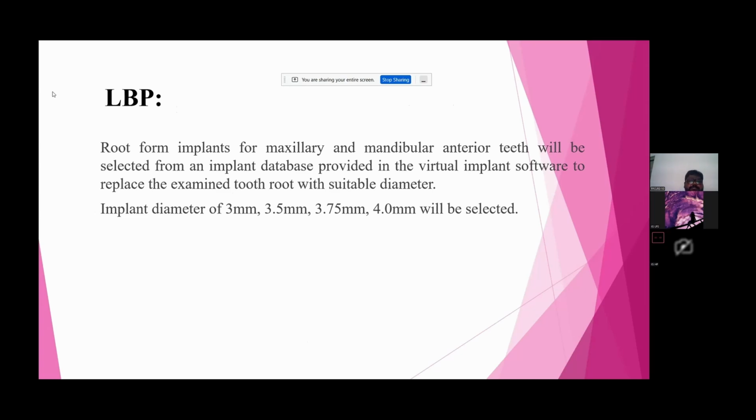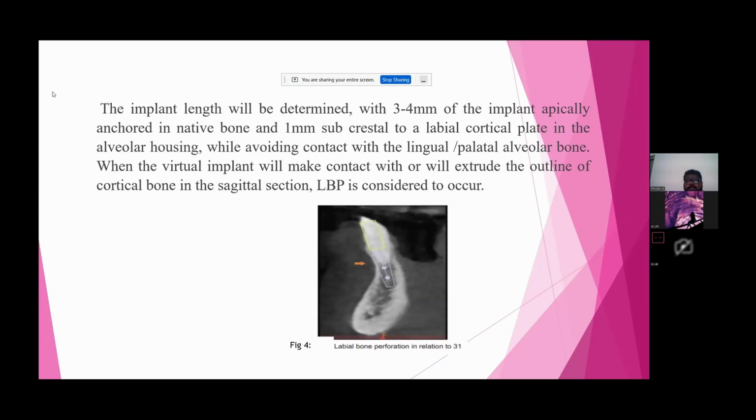the mandibular. The implant length will be determined with 3 to 4 mm of implant apically anchored in native bone and 1 mm subcrestal to the labial cortical plate in the alveolar housing, while avoiding contact with the lingual alveolar bone. When the virtual implant makes contact with or extrudes the outline of cortical bone, the LBP is